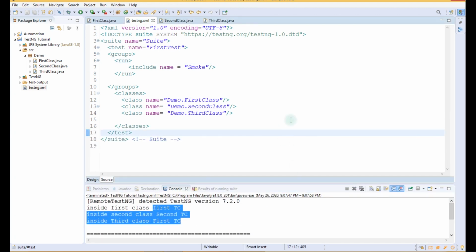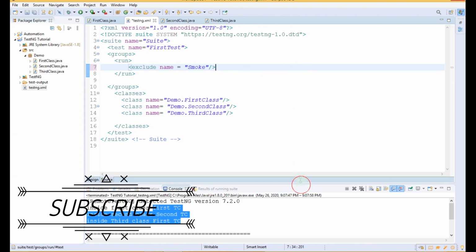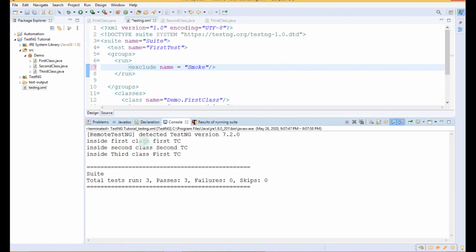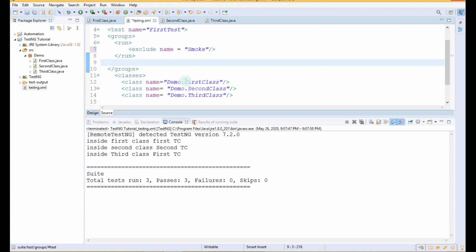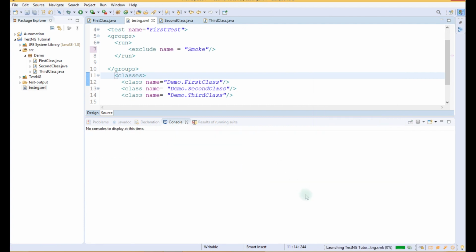So if we have to exclude that group from the execution, what we will do? We will simply write here, in place of include we will write exclude. Now it will exclude all these 3 test cases and it will execute the remaining test cases from the 3 classes that are present here, right? So let us save it and run it to check what is the output.